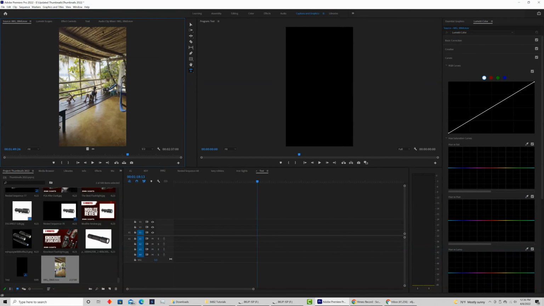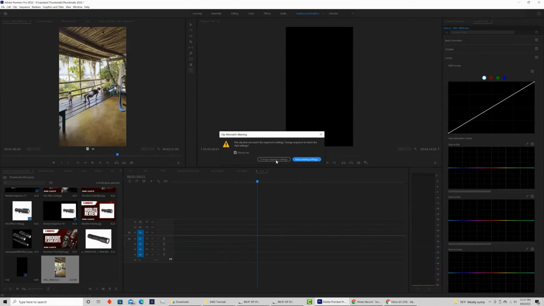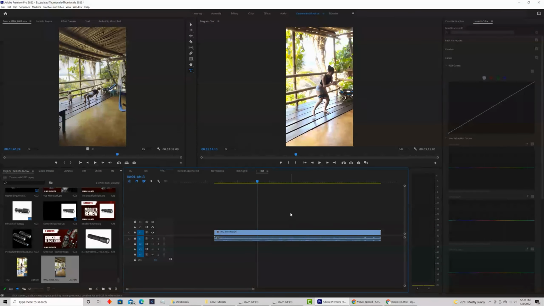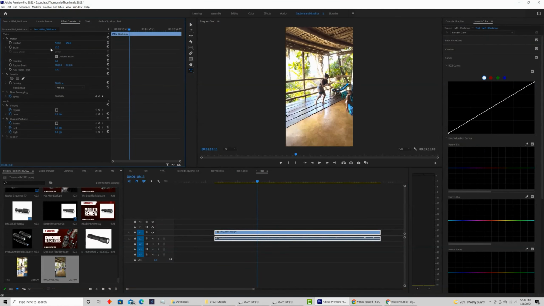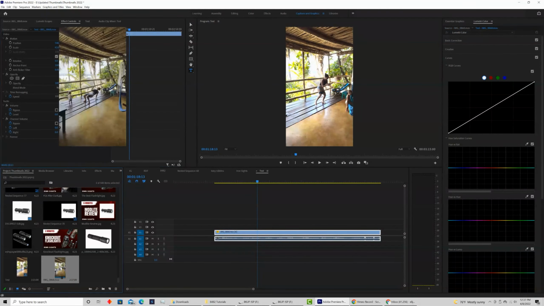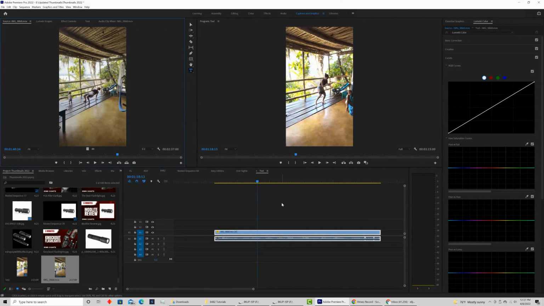And as you can see on the preview menu, I can see it well, looks good. I have my ocean in the background, the sky, we're doing some exercise, awesome. As soon as I bring it into my timeline, you can see that it completely changes. It changes the color, it looks more contrasted, saturation, exposure is blown out in the background. I'm going to scale this back just a little bit. And so this is a really frustrating thing that happens when recording on the iPhone that a lot of people